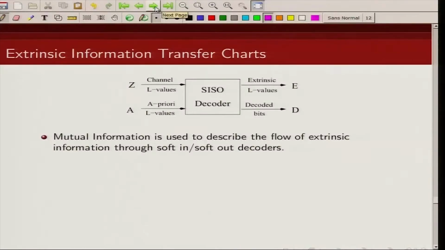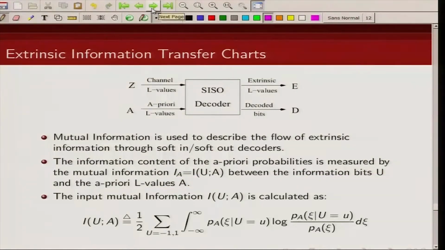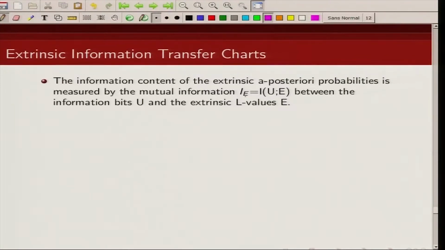The third method which was proposed is based on mutual information. So, mutual information was used to describe the flow of information through this soft input soft output decoder. So, there were two quantities which were described here. Basically, one was this input mutual information, which is the mutual information between the information bits and the a priori value, and the second term which was defined here was the extrinsic mutual information, which is the mutual information between the input bits and the extrinsic